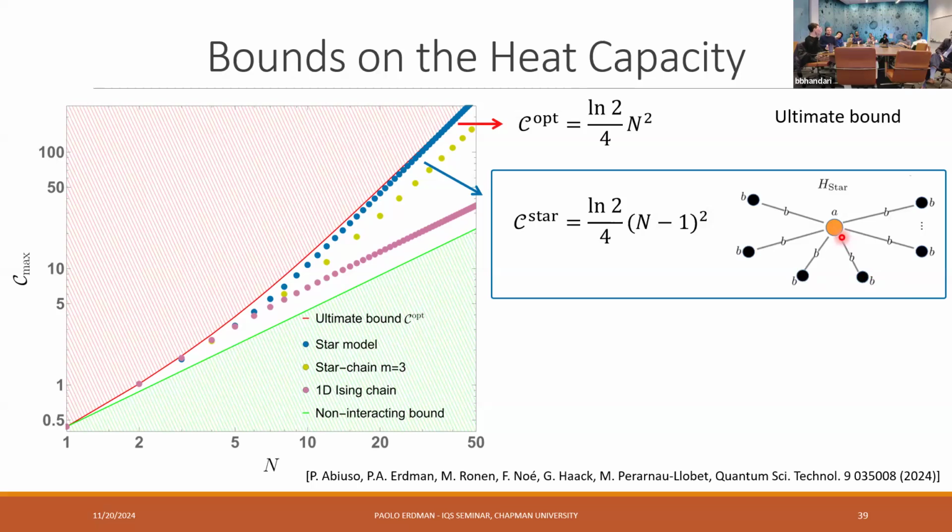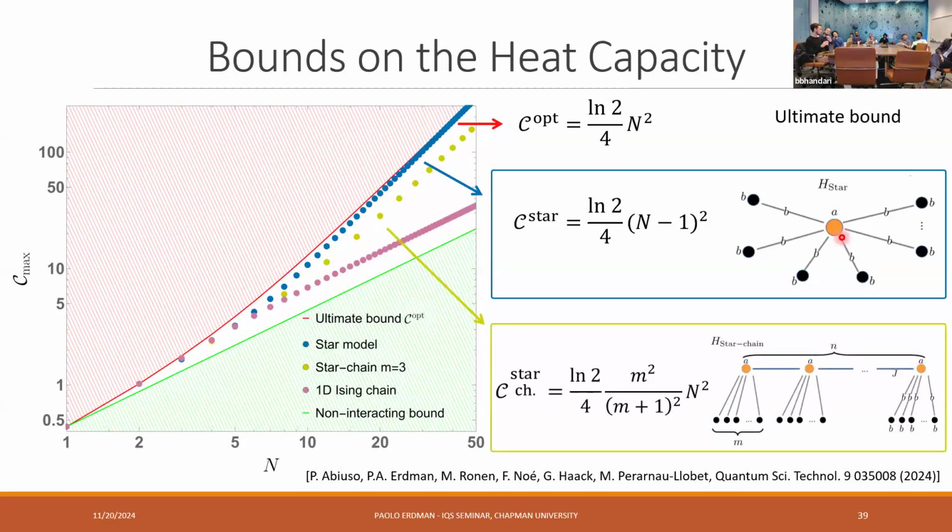So this would be a very long-range interaction that you probably can't do physically beyond maybe 5, 6, 7 or something like that. So then we imposed some locality on the interactions, and we found these other structures where you have a chain of star models. Here we limited the number M, now it's fixed, maybe like 3, let's say, and you find many of these little star chains connected together.